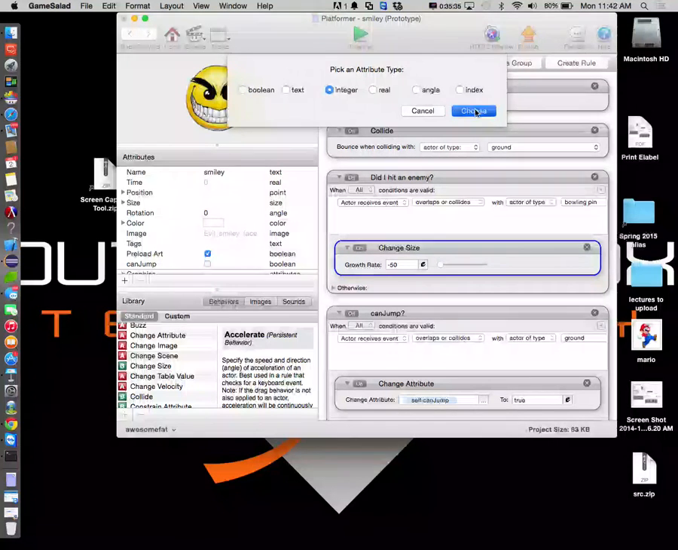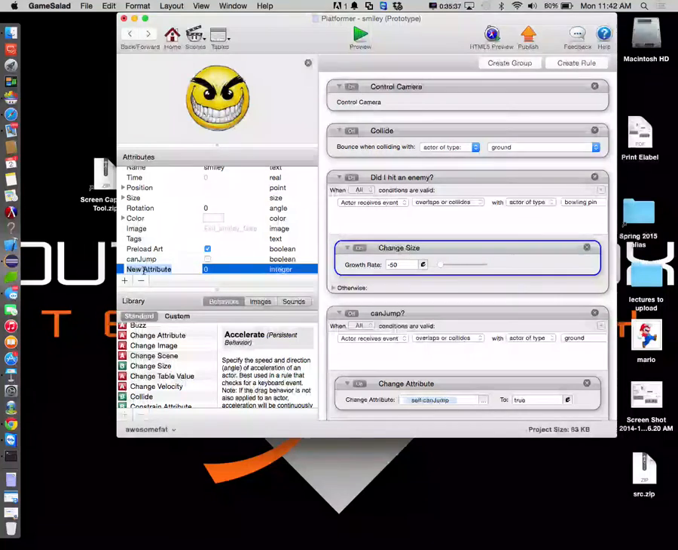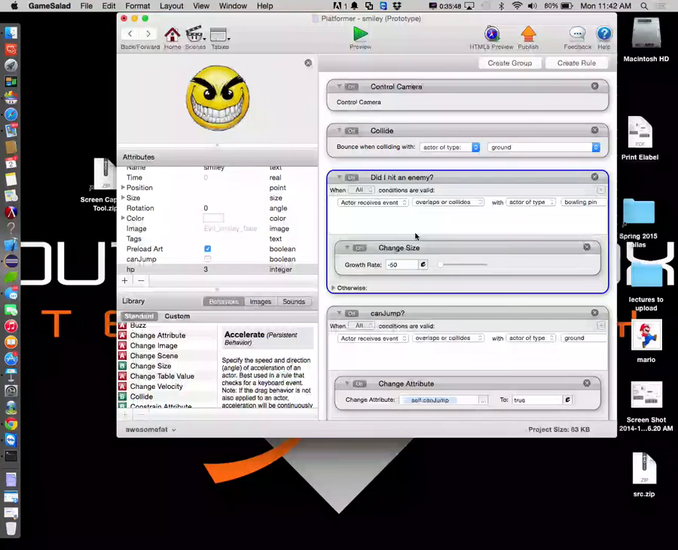integer. And for this guy, let's just say he has hit points. And let's say Mario starts off with 3 hit points. So did I hit an enemy? If yes, I don't just automatically change my size. I'm going to say,